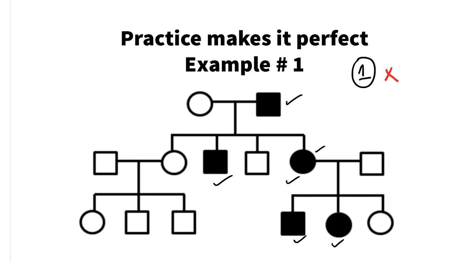So let's move on to rule number 2. What is rule number 2? Rule number 2 is for X-linked dominant pedigree. What does it tell you? Affected father, all the daughters are affected. Here you can see an affected father. He has two daughters, but only one of his daughters is affected. This other daughter is not affected. So that means this rule number 2 is also not applying.